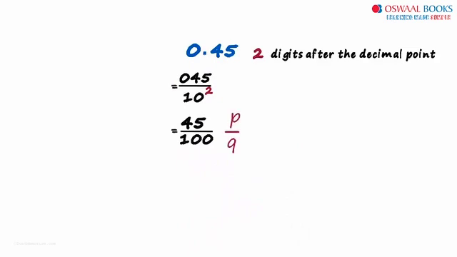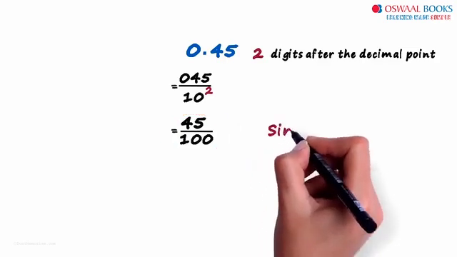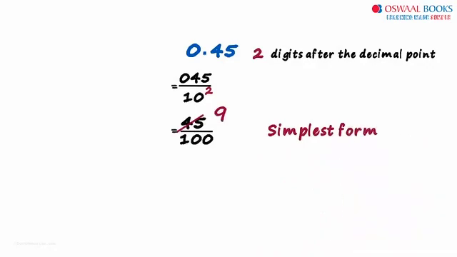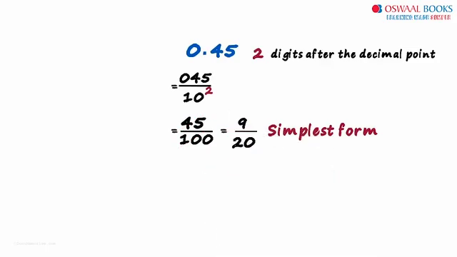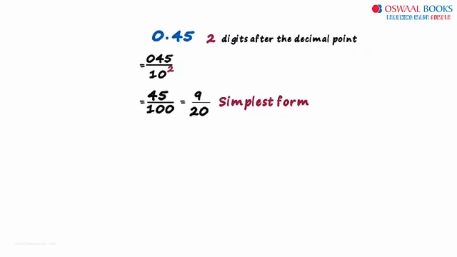There's our answer. It's in the p by q form. This answer is not incorrect, but it's not complete. We have to reduce it to its simplest form. 5 multiplied by 9 equals 45 and 5 multiplied by 20 equals 100. This equals 9 by 20. This is the answer since it's in the simplest form. 0.45 was written as 9 by 20. All we had to observe was the number of digits after the decimal point. Here's another example,